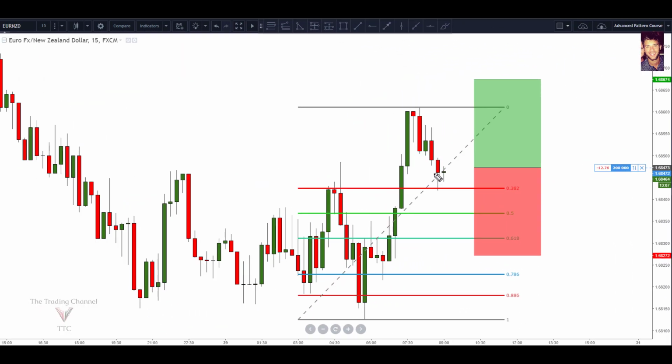All right, traders, so we ended up getting filled. As you can see, the market did close above that 382 retracement after coming down and touching it. So we touched that 382 retracement and we saw some buying pressure directly after touching it with this candle wick, which allowed us to enter the trade. We went ahead and put a stop loss 2 ATR